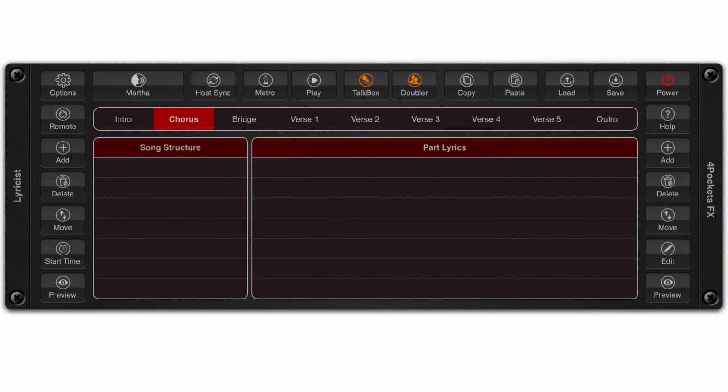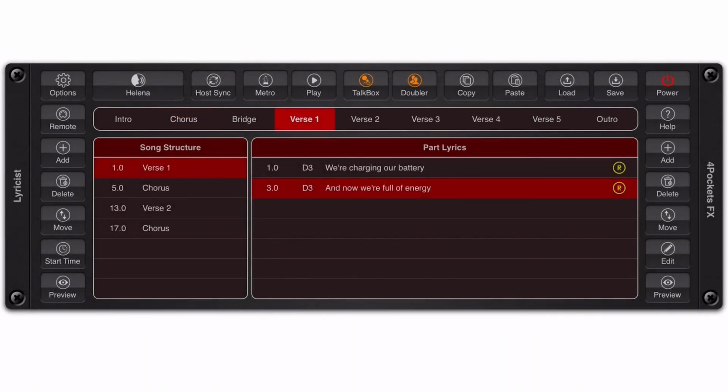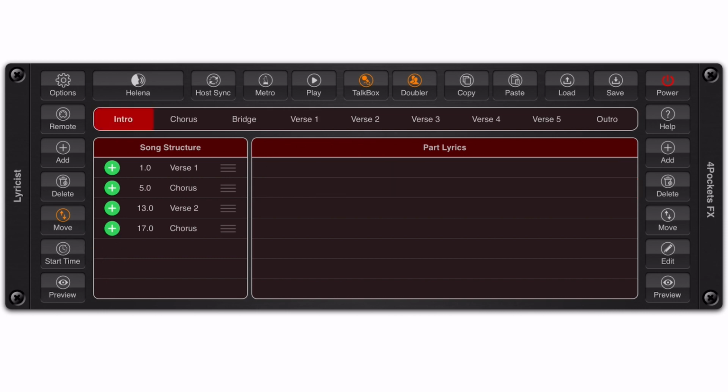Now say I wanted to insert the intro at the beginning of this song. We can press the move button, then select the intro on the part bar and press the little green cross at the top of your song structure to insert the intro. Now say I add a bridge section to the end of this song by selecting bridge and clicking the add button,